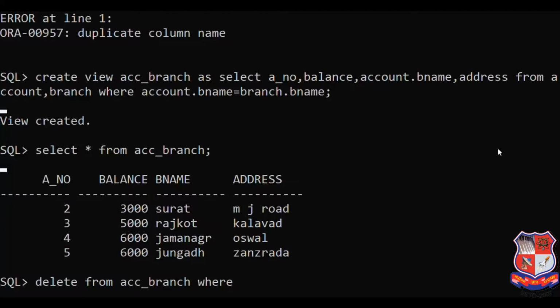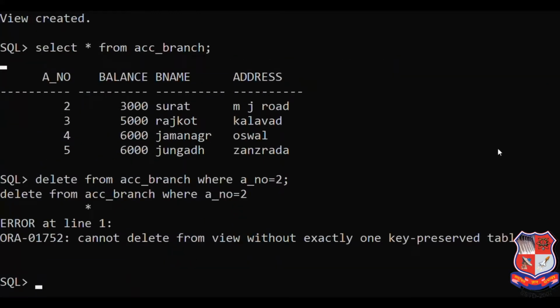See the output where A underscore number equals 2. There is a record available. Delete from SEC underscore branch where A underscore number equals 2. Error: cannot delete from a view without exactly one key-preserved table. Delete operations are not allowed.